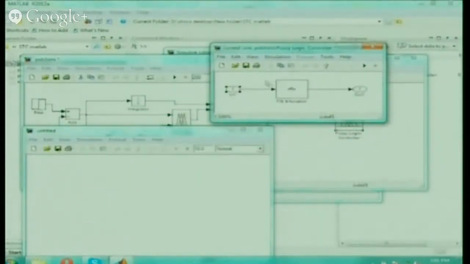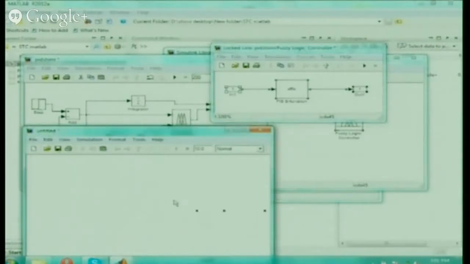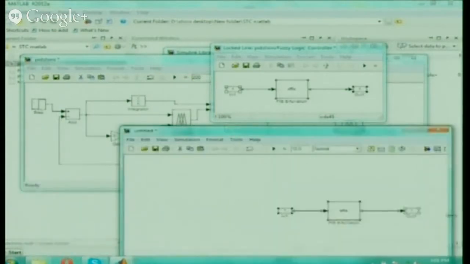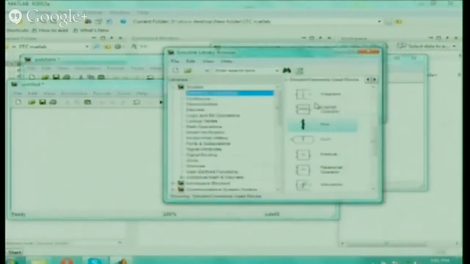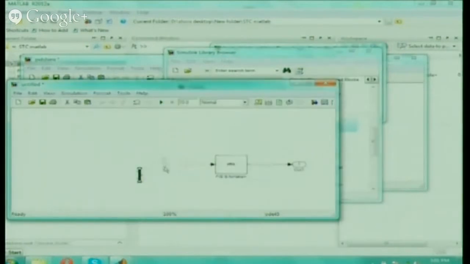In that window what you are going to do? You just copy this and keep it in that. So copy that inside this. Okay. So now what you can do? You can do the modification in this. In the original, it will not allow you to modify. So now here you can choose the mux, connect it to this and make this as a subsystem.